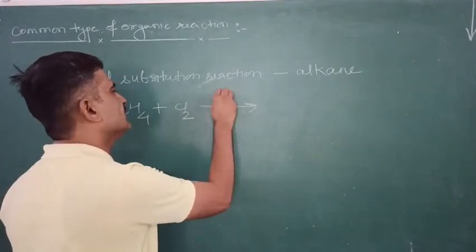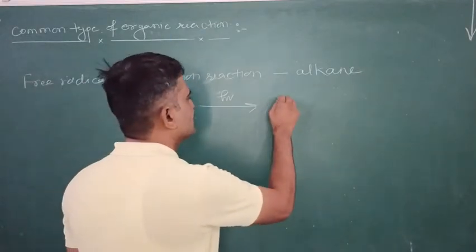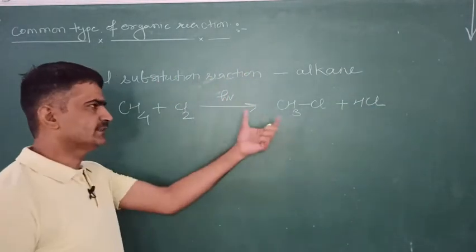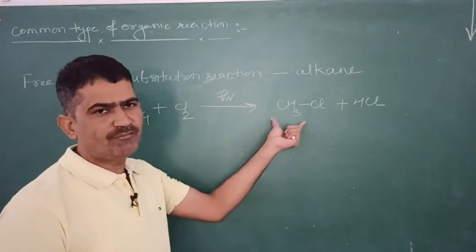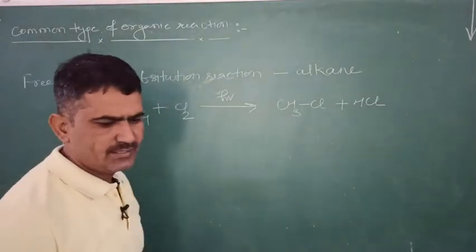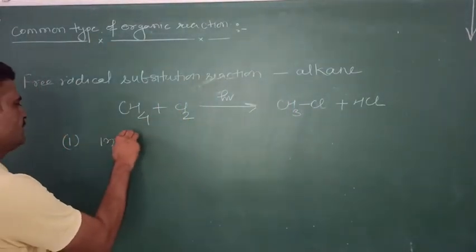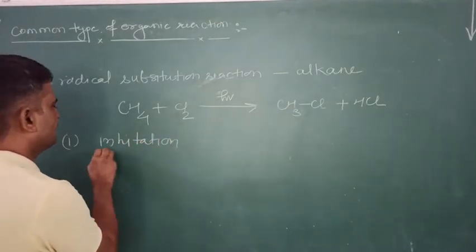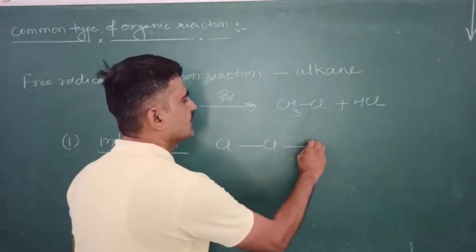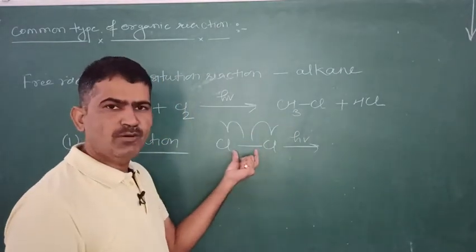This reaction is carried out in the presence of UV rays, sunlight, and it produces methyl chloride, and HCl is formed. Now how is this reaction carried out? This reaction is carried out by the free radical mechanism. In that, the first step is the chain initiation step. Initiation means starting up of the reaction. This is chlorine in the presence of UV rays. This covalent bond is broken down and it produces